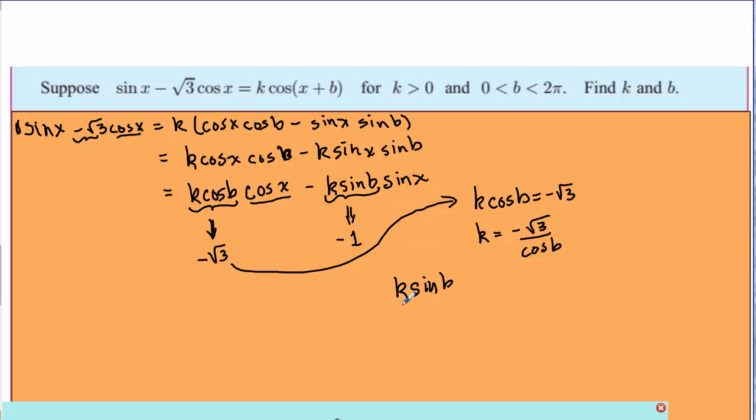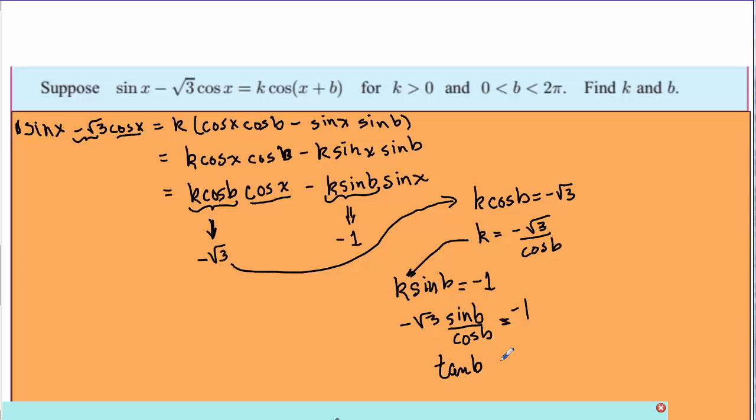So this k sine b has to be equal to minus 1, right? And that means that we can take this k and put it in here. That's one way to do it. Let's take this k and put it in there so that we get minus root 3 sine b over cosine b. Oh, that sounds familiar. Is minus 1. And now we divide both sides by negative root 3 and rename this tangent, and we get